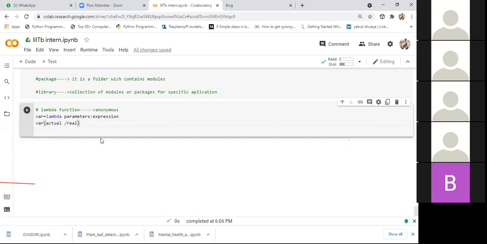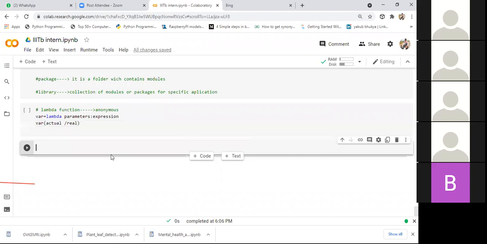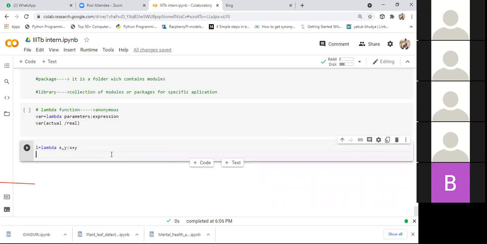Now to make you understand this lambda function, I'll create one shell at the bottom in a code block. I'll define L equals lambda x comma y, and I need to perform addition between x and y, so I'll say x plus y. Now I want to specify the parameters, let's suppose 3 comma 4.